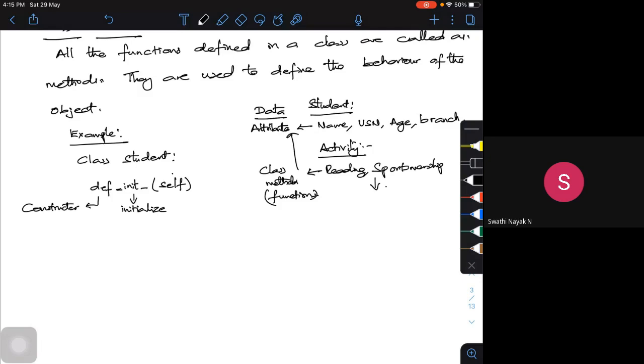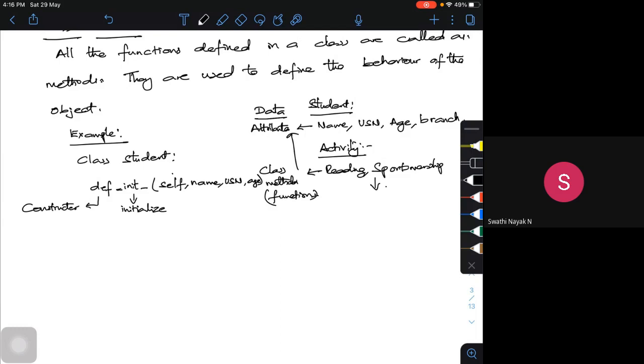And this method is very useful to do any initialization, any kind of initialization with respect to any kind of object you are going to define. So that is the best use of this init. Say this particular thing, self. If I have, I can have a parameter name. If I want, I can have USN, then comma age. So any number of parameters I can have. Now, once I define it, in the init method, this particular thing, the constructor, what is the advantage of this?